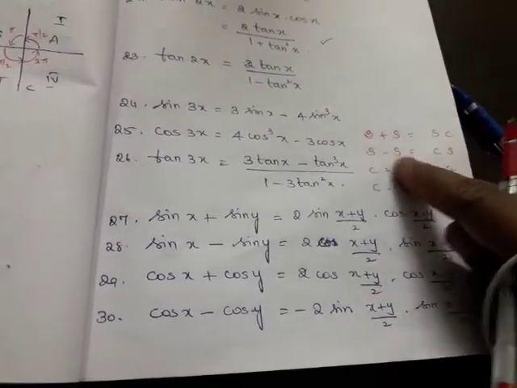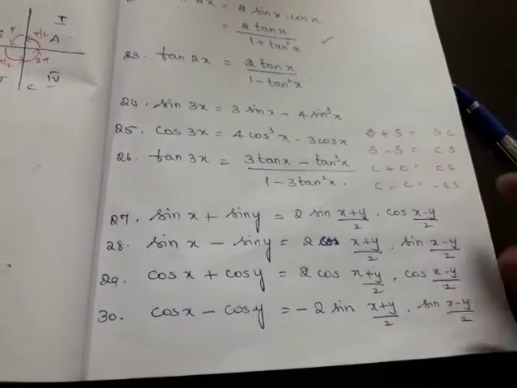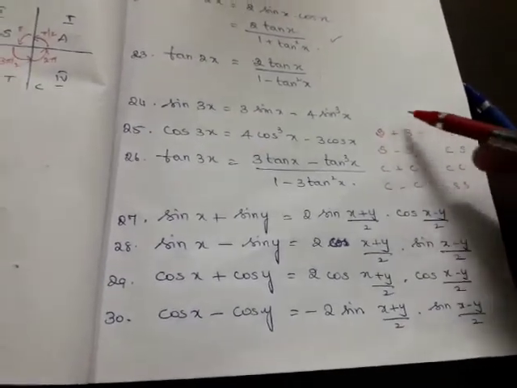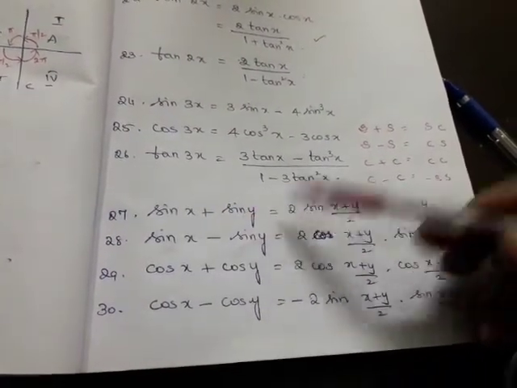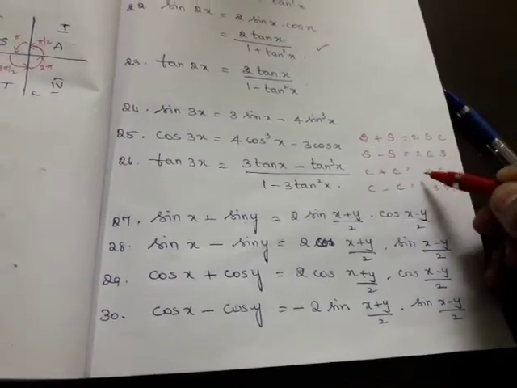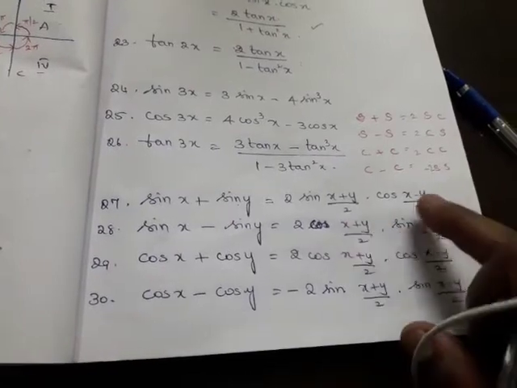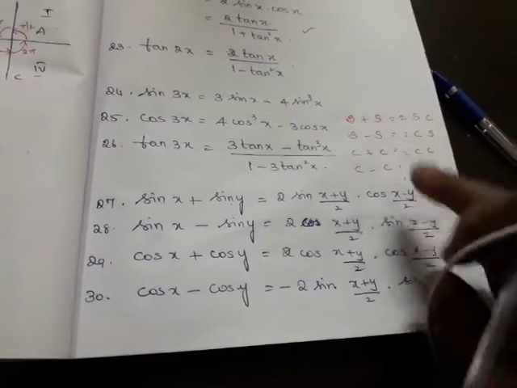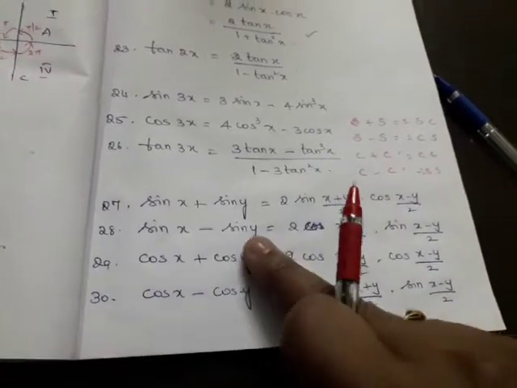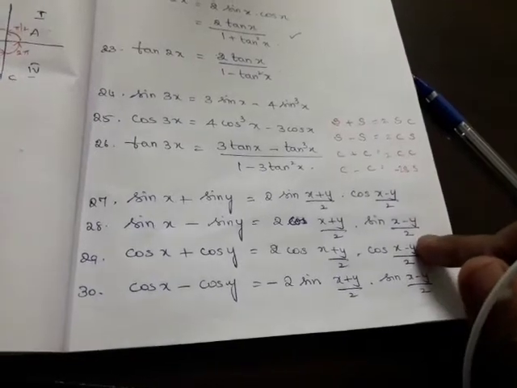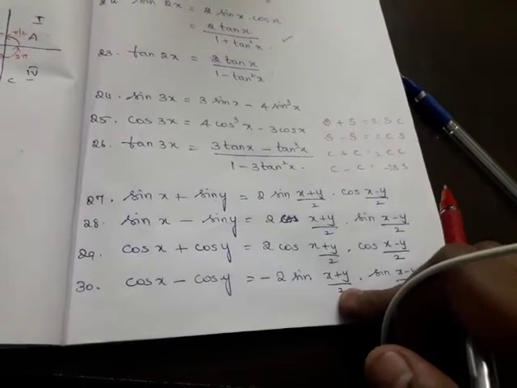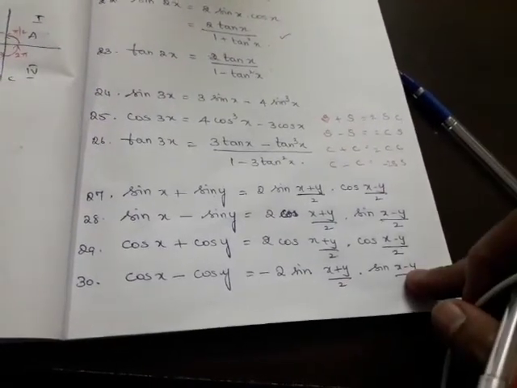For s minus s, you can see it is c s, so cos, sin, and you can identify. What does it mean? S plus s means sin x plus sin y, which is equal to, everywhere you have to put 2, that is default. So 2 sin (x plus y)/2 cos (x minus y)/2. Then s minus s means sin x minus sin y, which is 2 cos (x plus y)/2 sin (x minus y)/2. Right? For the first, you have to put (x plus y) by 2, and for the second, (x minus y) by 2.